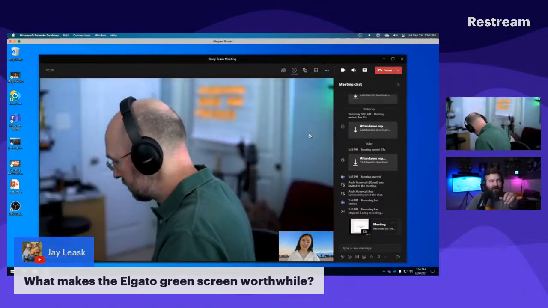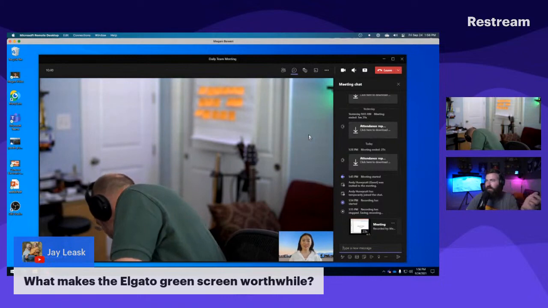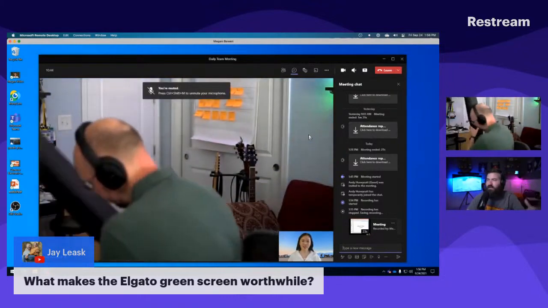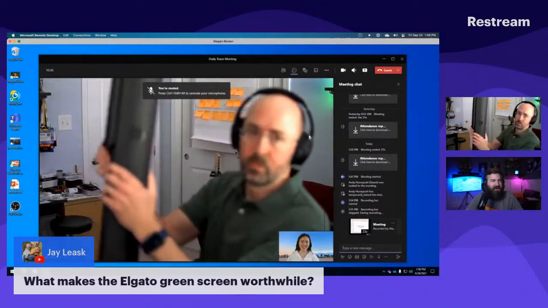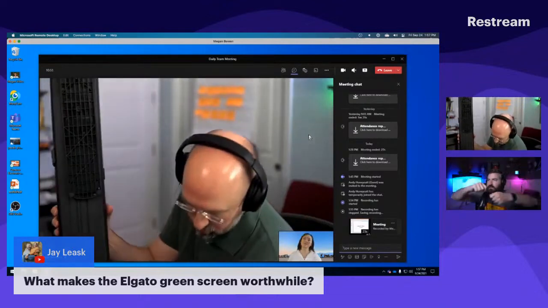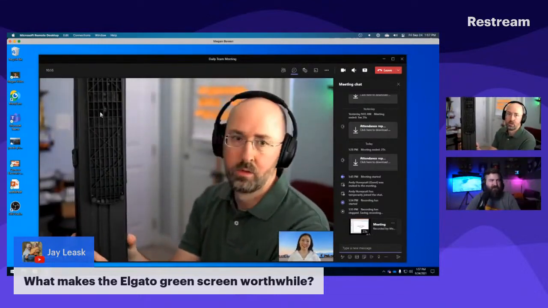What I like about the Elgato, or what's making me lean towards the Elgato, is what Andy just did. The scissor mechanism and just the portability of it. I've thought about getting one of those where it's a separate stand and then maybe it springs out and you clip it. I feel like this is just a faster setup.